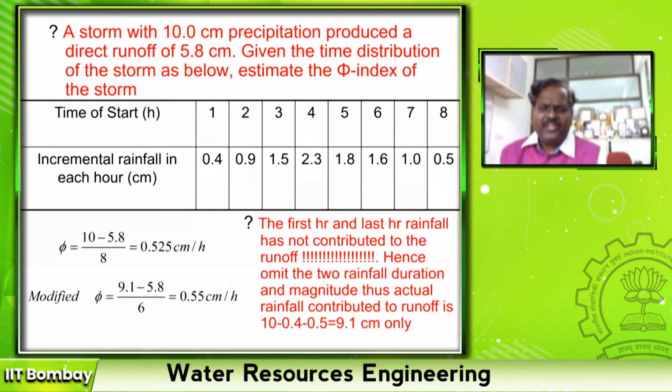The difference looks very small, but as I said, when my area is in hectares and kilometer square, then this loss will become a huge quantity. So that your budget estimation will become more and more accurate. So it's an iterative process, and it is not necessary that only the first and last hour have infiltration rate more than rainfall. It may be in the middle also, depending upon your observed rainfall.